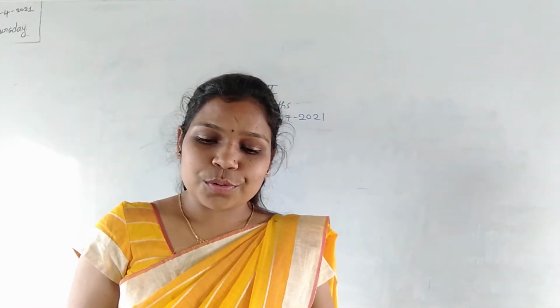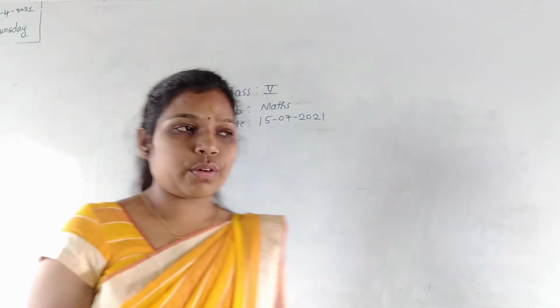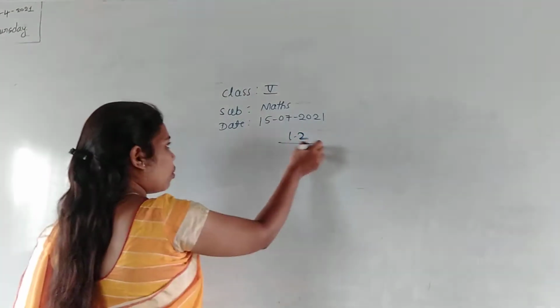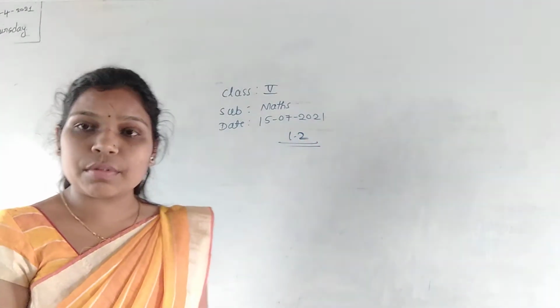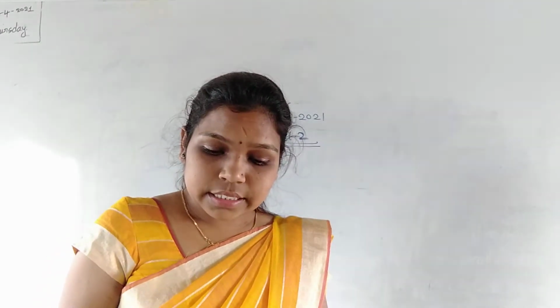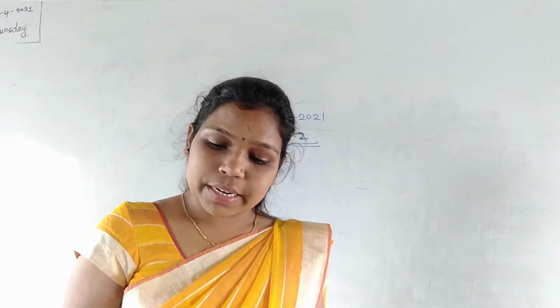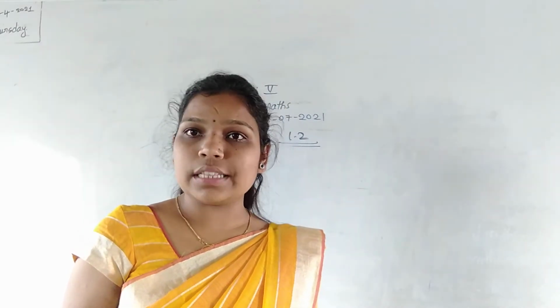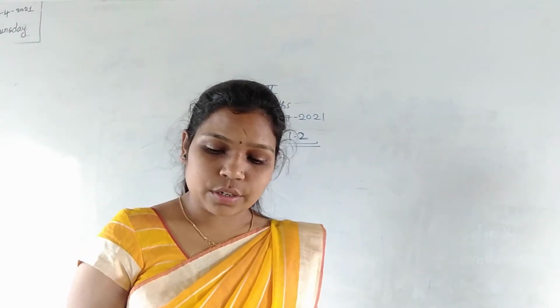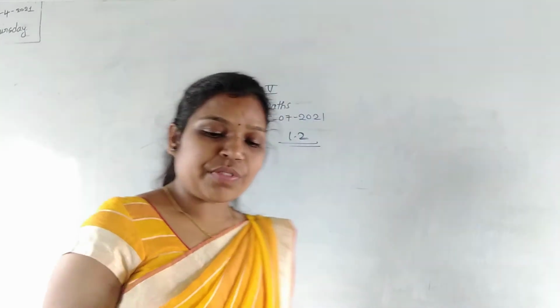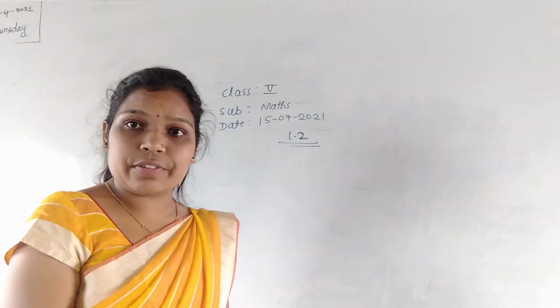Right. So today we'll begin with exercise number 1.2. Okay. So start exercise number 1.2. What is the first one given? Exercise number 1.2. In that, the first one is: write the following numbers in the place value chart given below. Okay, they have given us some numbers here. Totally how many have they given? 8 numbers they have given here. We have to write them in the place value chart. Okay, so same as 1.1 only.